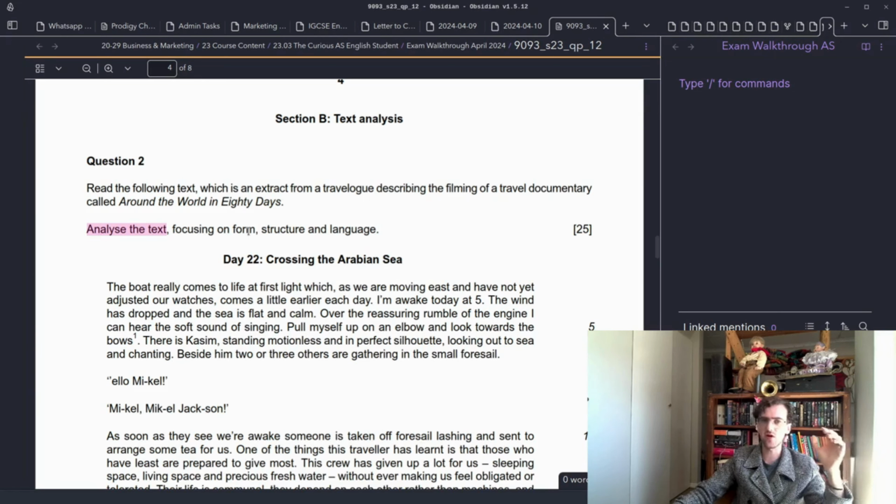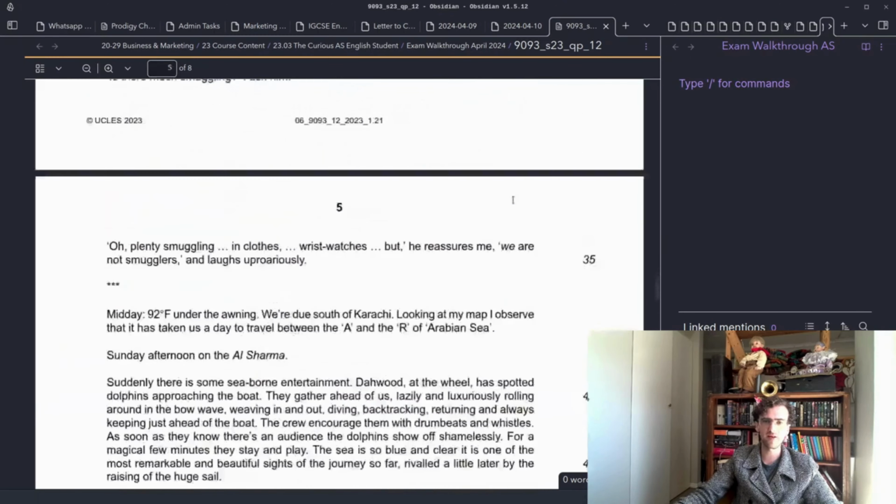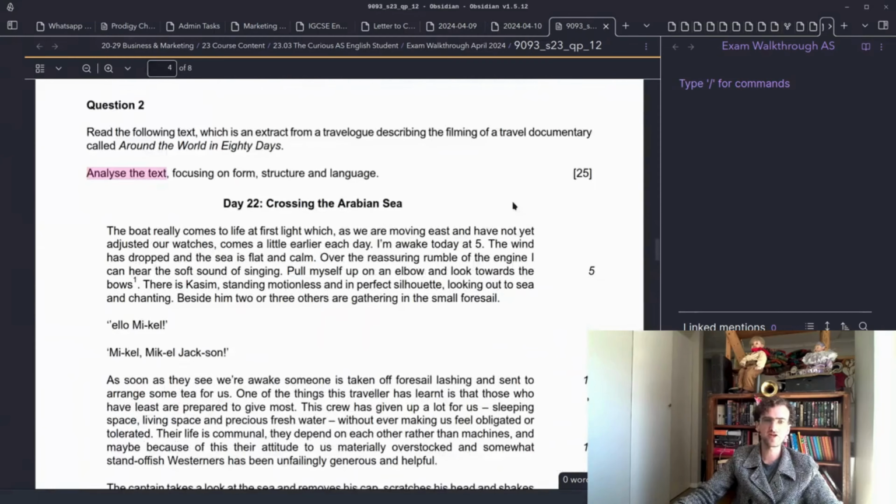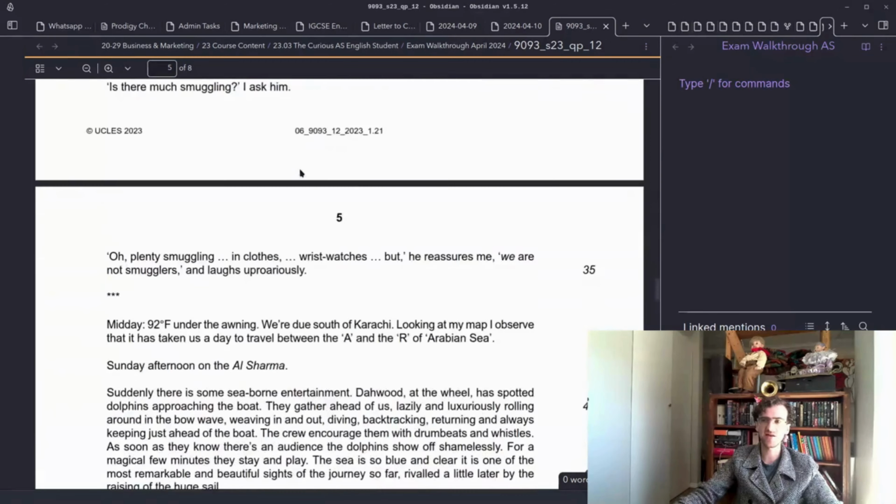And so you're not going to separate it. You can, but it's very seldom done well. You're not going to separate it in section on form, section on structure, section on language. All of these elements work together to achieve a purpose, which is a purpose that is directed at a specific audience. Or even if it's a reflective type essay, it is not just for the audience, but also for the writer. And so how they're processing their world through this. And so this is for 25 marks. And so make sure that you are reading attentively and actually working through it.